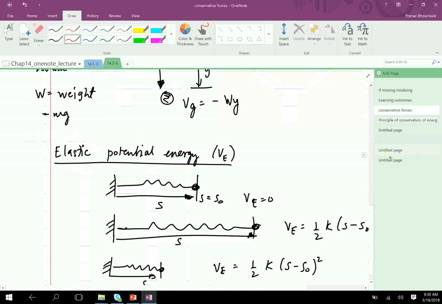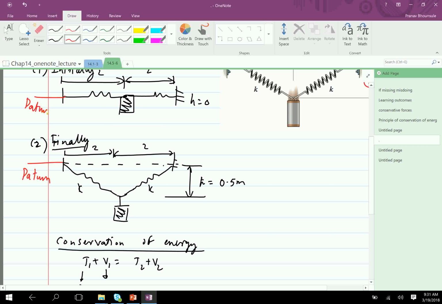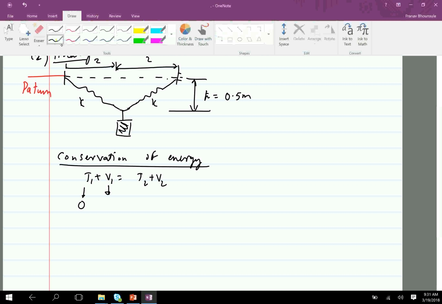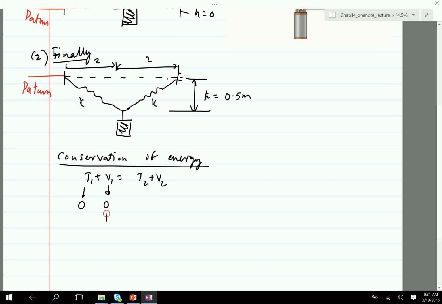So what makes most sense in this problem is to use this line as the datum, which is also this line, right? So when the system is on the datum, the potential energy due to gravity is 0. So 0 due to gravity